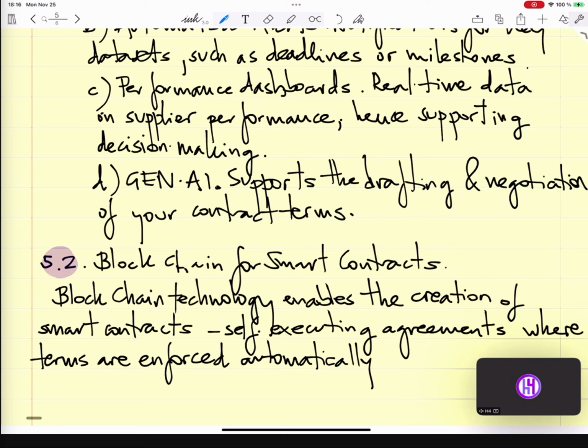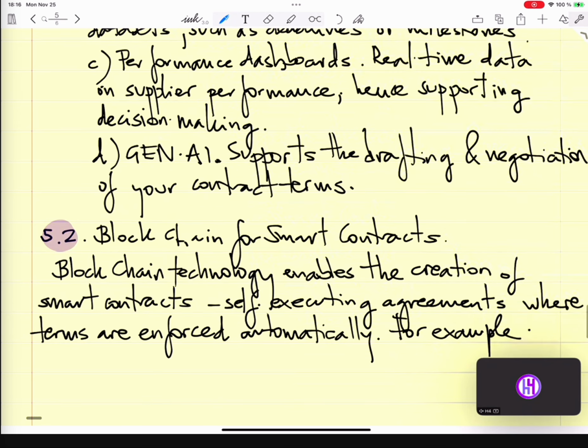For instance, for example, a smart contract